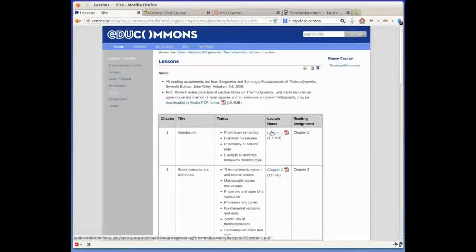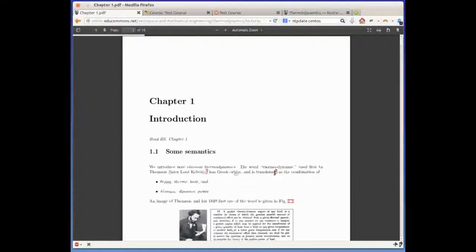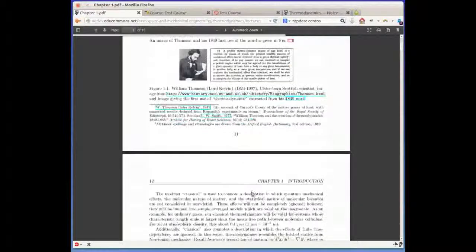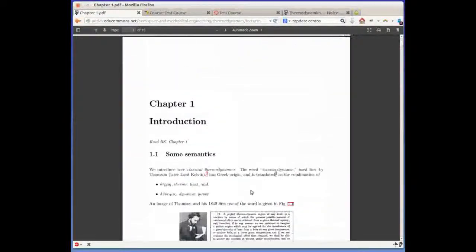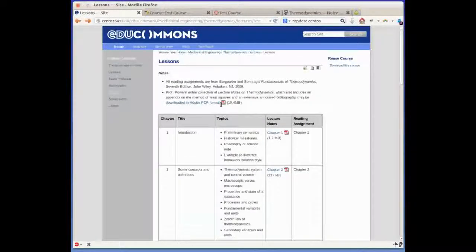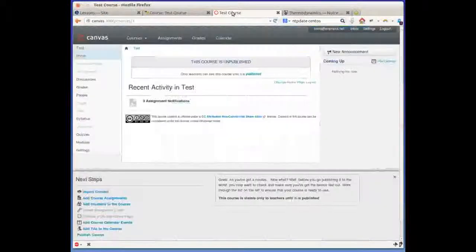I mean, look at this. We have almost a full textbook in here, with really detailed notes and everything. This is going to save me a lot of time. This is what OpenCourseWare is all about, right? Okay, so I'm going to go to my institution, and in this case, let's say I'm creating a course in Canvas, my instructor. So first thing I'm going to do is go to Settings,